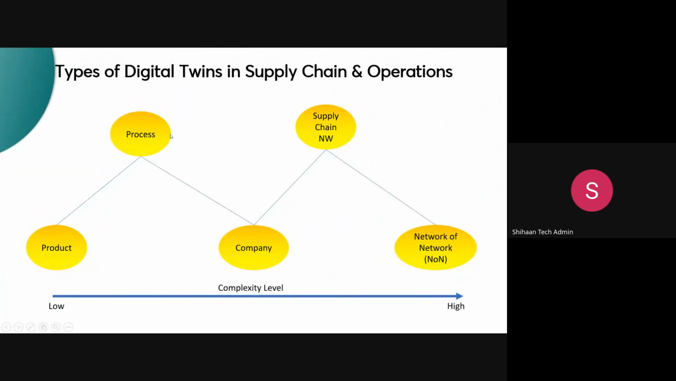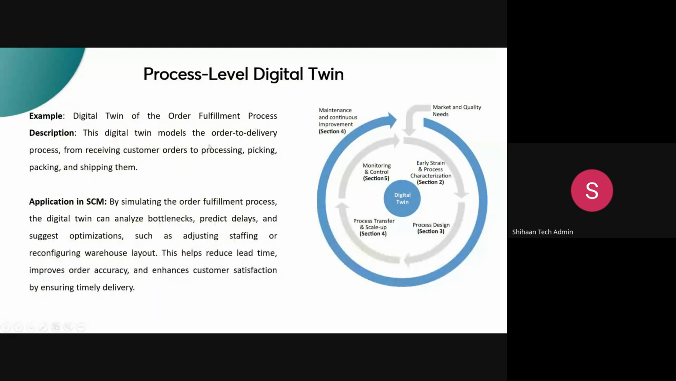Now, what is the next digital twin? It is the process-level digital twin. Let's see what it is. You can take the example of a digital twin of an order fulfillment process, wherein you simulate the order fulfillment process by analyzing bottlenecks, predicting delays, and suggesting optimizations, such as adjusting